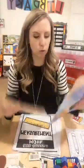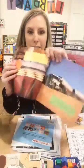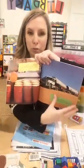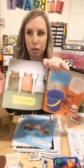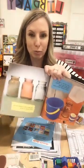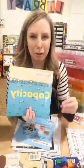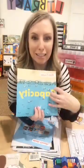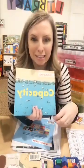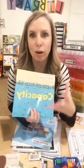I think this one's the old one, but this one's the capacity book, and it's great because it's, again, real life pictures, super simple text. So a great way to just show kiddos the super simple basic facts, and just how capacity works in a way that is easy and that they can understand, because it's stuff in their everyday life that they see